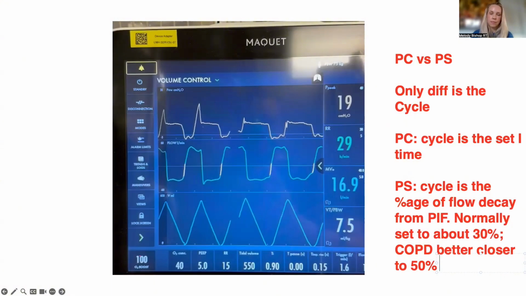So when someone tries to say, "Oh, we're on SIMV because we're weaning or something," that doesn't really make a ton of sense to me. You know what I'm saying? Because it's just the cycling mechanism that's different. And then the problem that I have is that